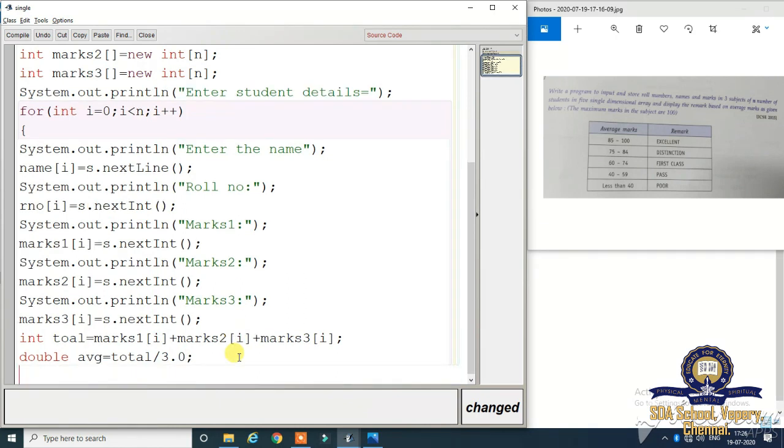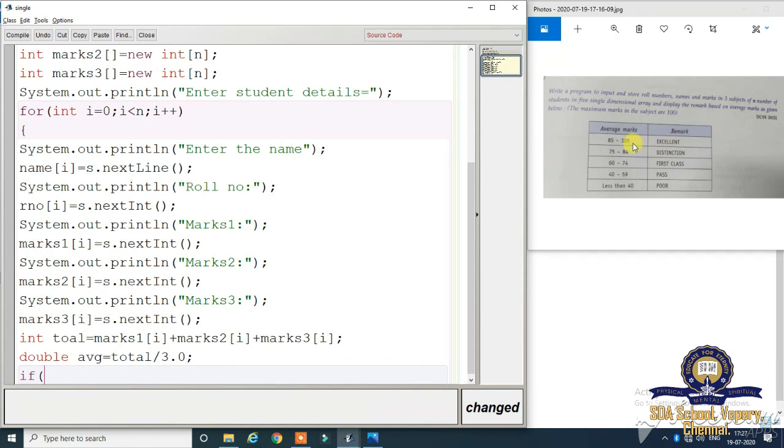Okay, now we have to analyze the result. For that we can use if else statements. What is the first condition? The average mark is 85 to 100, which means excellent.